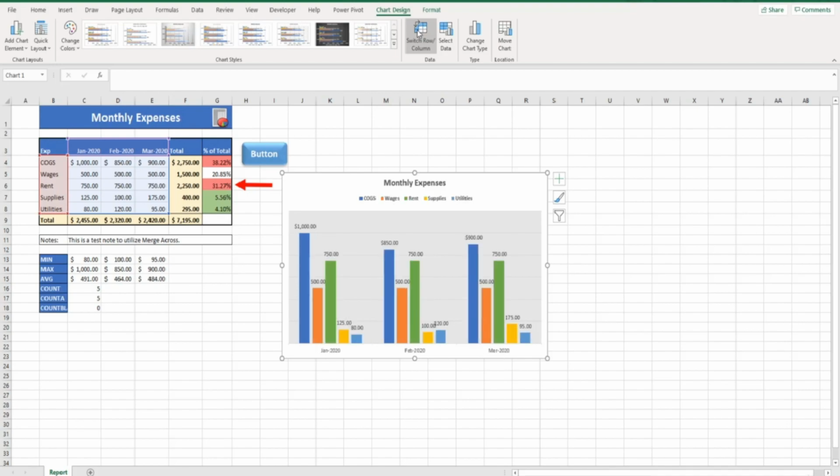We can also modify what data gets displayed in our chart. For example, let's say we only want January and February within our chart, and we only want to look at cost of goods sold, wages, and rent. There's 2 different ways to do this. The first option is to select our chart, and over here in our report, we can change the area of